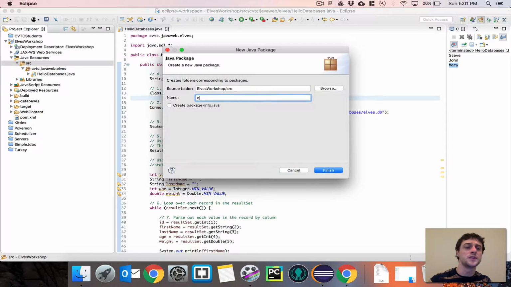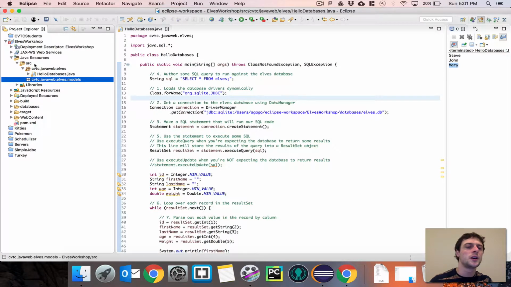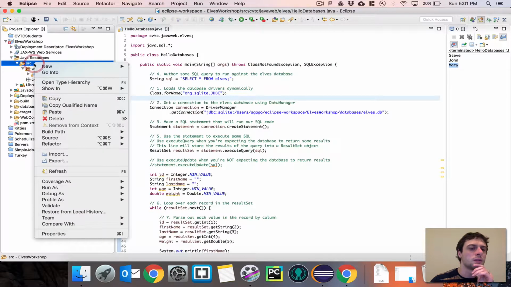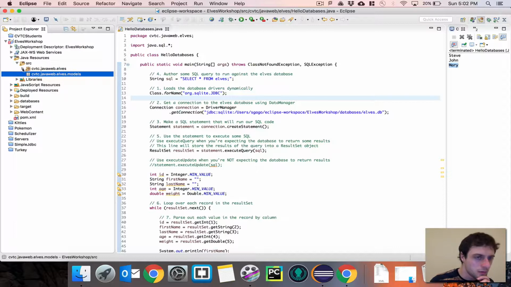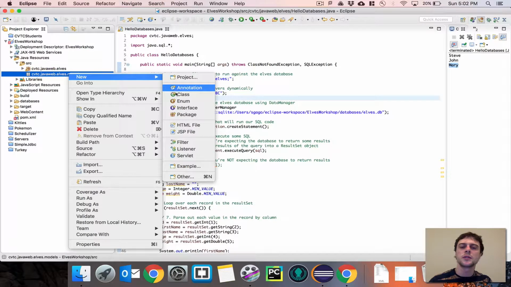Again, to follow MVC, I'm going to create a cvtc.javaweb.elves, and then I'm going to create a .models package. There's that display bug, where, oh, look, it's working correctly. Oh gosh, that's exciting. Thanks Eclipse for working the way you're supposed to. Okay, well, I'm going to go into this models package, and I'm going to create